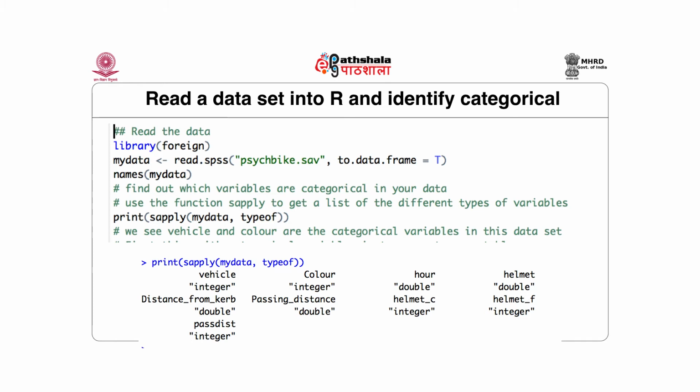Otherwise, if you use typeof and pass an object as an argument and it returns factor, then you know that that is very definitely a categorical variable. Okay. So in this case, we use another function and we pass myData, which is the data frame object, and typeof, which is the function,